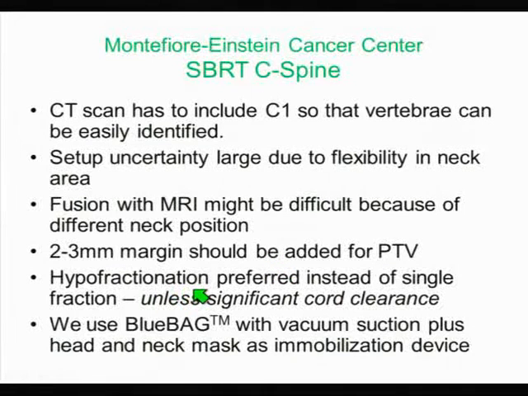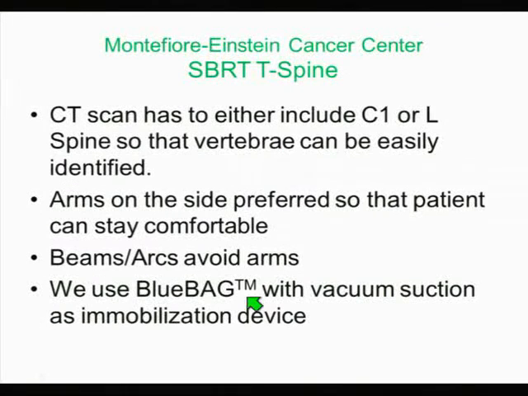And we prefer to use hypofractionation instead of single fraction, unless for that particular case we know we have pretty good clearance for the cord. And for this, we use a blue bag with vacuum suction plus a head and neck mask as an immobilization device. For the SBRT T-spine case, the CT scan has to include either the C1 or L-spine